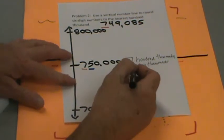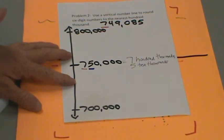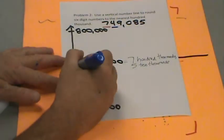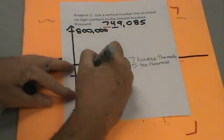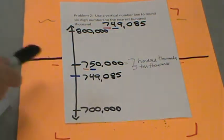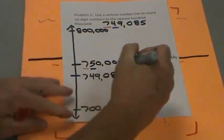So we have 700,000s and 5 10,000s. Up here, what do we have? 700,000, same number, right? But how many 10,000s do we have? What is in the 10,000s place? It's a 4. So we could easily see, I would hope, that this must be less than the midpoint, right? Because we have 7.4 and this is 7.5. So we're going to go ahead and put right here 749,085. So you can clearly see, even though it's not much less than 750,000, we still are going to round down